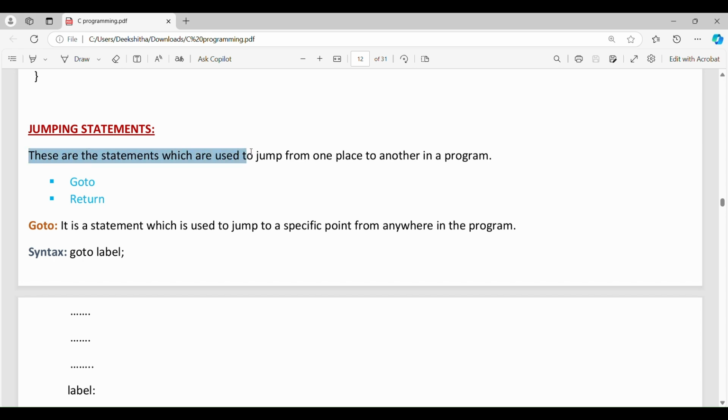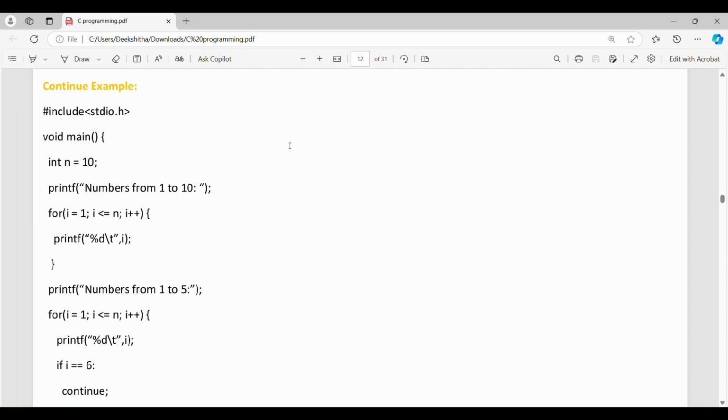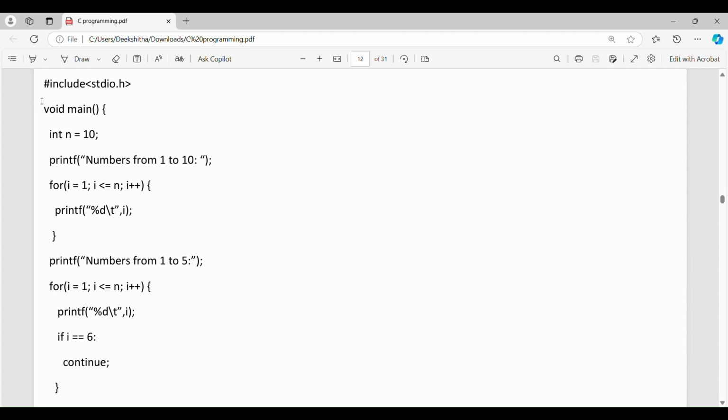These are the statements which are used to jump from one place to another in a program. Here we have a program, right? In this program, the control starts from main, as you all know already, and it goes on like this, line by line. But if you don't want to execute these, and you want to directly move from here to here,